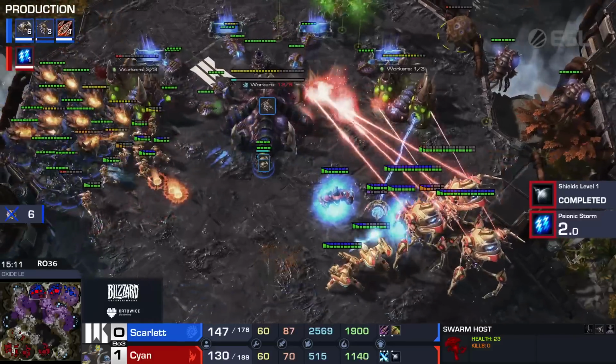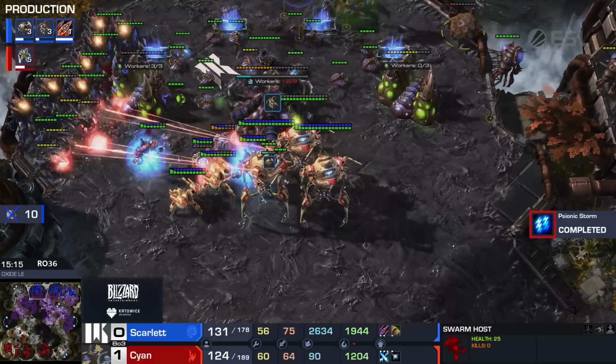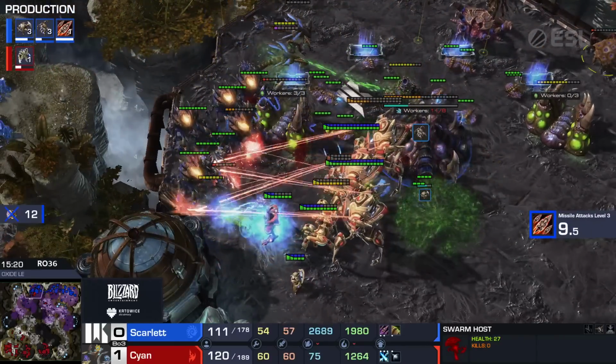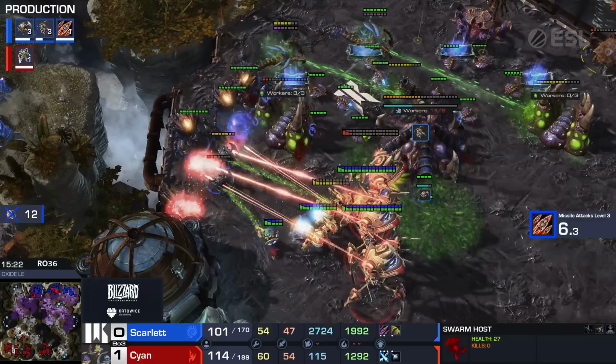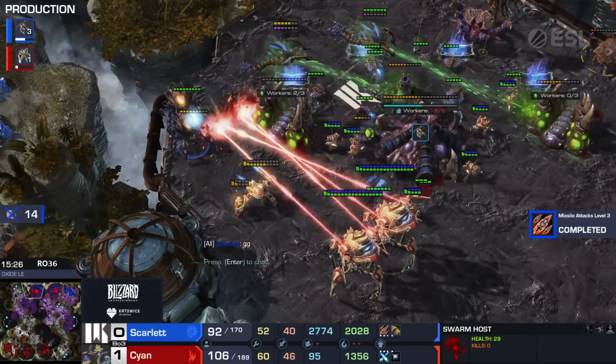+3 is about to finish up, and holy crap, Cyan is not controlling this perfectly, by the way. He's losing a lot of Zealots for free, but Scarlett's floating like 4k resources, 4.5k resources. Scarlett had like 40 larva, so she could have stayed backed out non-stop. She might have actually been able to win this game. Yeah. But